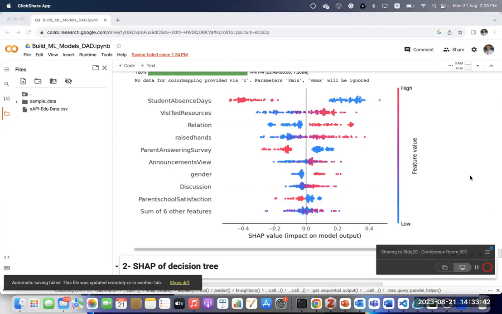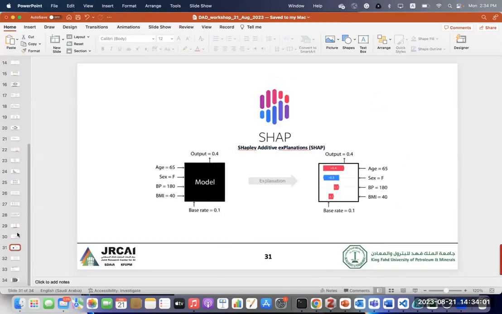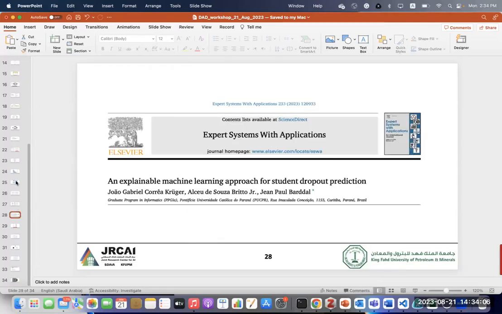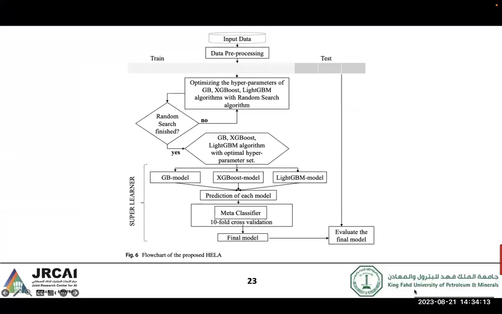How do you think we can improve the accuracy score for this model? If you look at the paper, they did some tuning of the parameters. If we go back to the slide, for improving the results, you see here there is some finding of the optimal parameters.